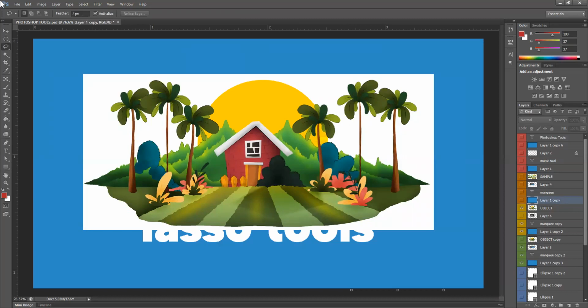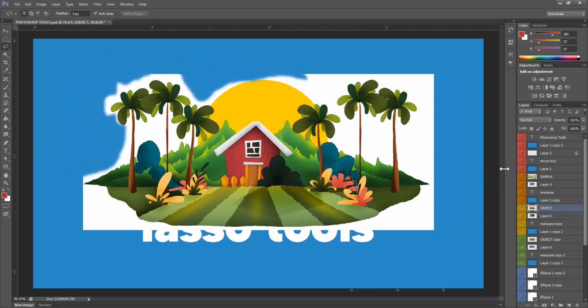image. So, kapag Lasso Tool, it will allow you to select freely, maybe using your mouse or using your graphics pen or kung ano man. For example, let's try to delete the white background. Pwedeng delete. Ayan. That is the Lasso Tool. I mean, this is the default Lasso Tool. But